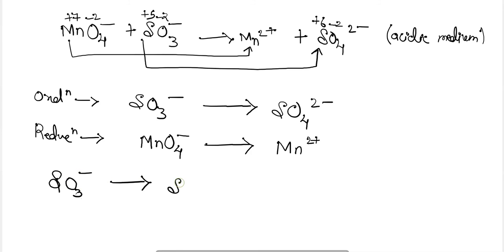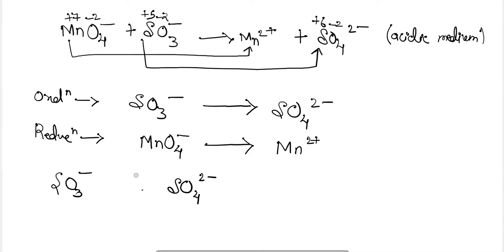For balancing the oxidation reaction, we will write the oxidation reaction, and after that we will find out which atom, other than oxygen and hydrogen, is unbalanced here. Sulfur is balanced because 1 sulfur is on both sides. After that we will balance the charges. Here it is 1 minus charge and here it is 2 minus charge. So on the left hand side, the charge is more.